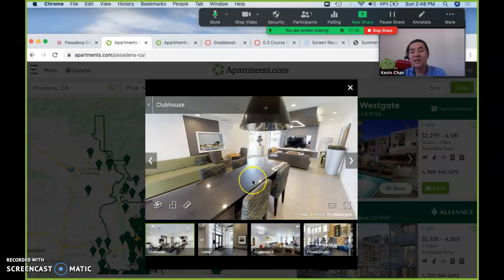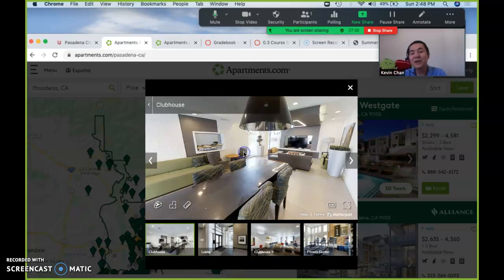Is this apartment spacious enough? I think it's spacious enough. But it might be too expensive. We could click to other locations in the apartment.